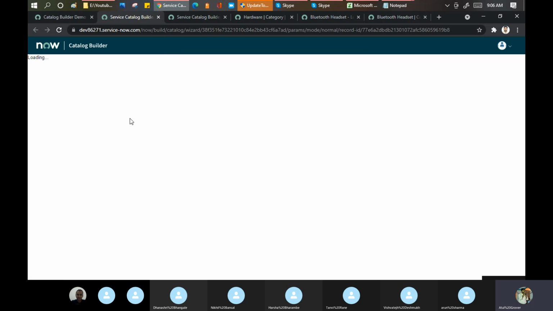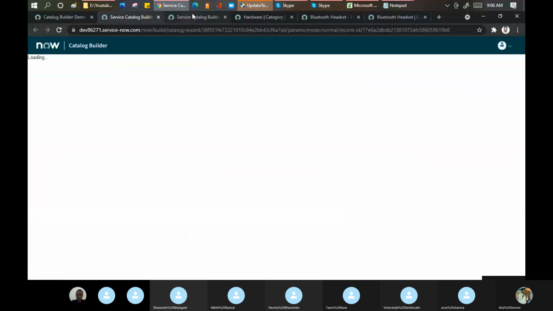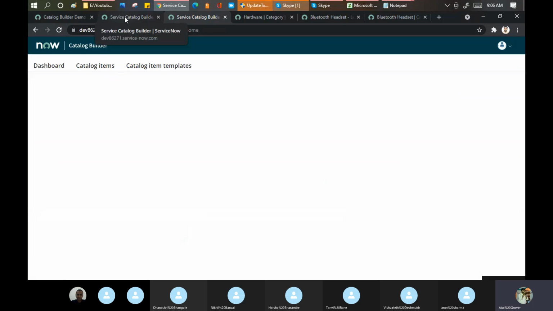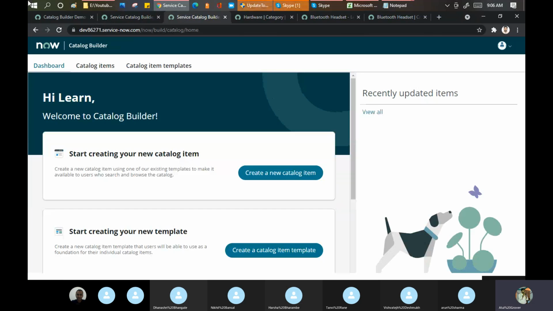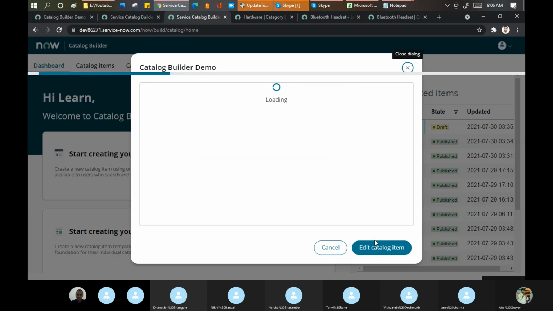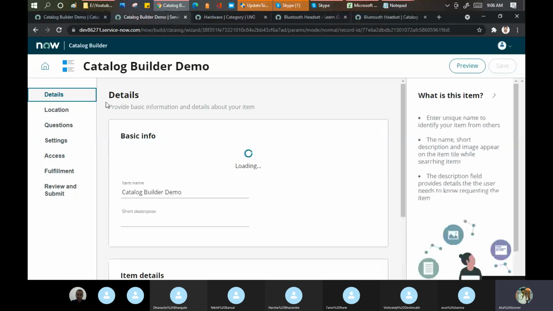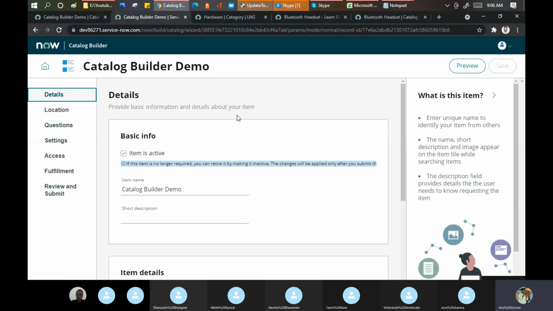Let it load now. I'll show why I'm saying this. It takes a little time to load actually. Let me reload my page here as well. It's loading. This one. Okay. See, the status shows draft now. So let's open it. Edit the catalog item. Both things are taking time. Yeah. Okay. Now, this is the catalog